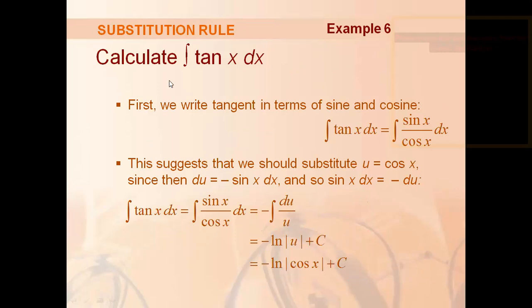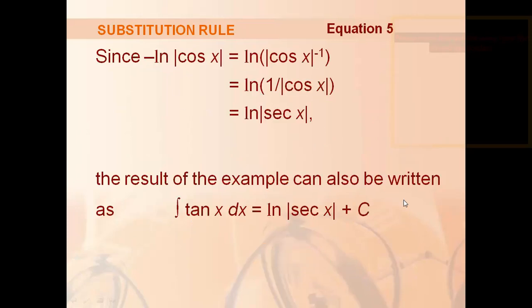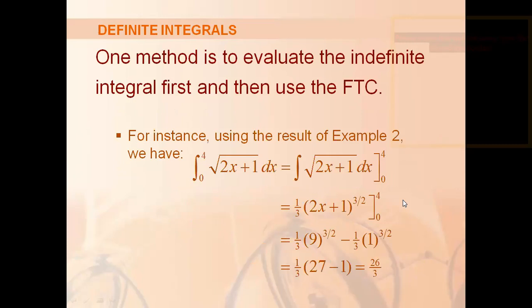Similarly, we can find the integration of tan x. Tan x is sin x by cos x. We can take u equals cos x, then after substitution du equals the differentiation, which is minus sin x dx. So sin x dx means minus du. Using this rule we can find the integration of tan x easily. The formula for the integral of 1/x is ln x. This is why the integration of 1/u with respect to u is ln u. And u means cos x, because u equals cos x. So it is a very easy process.